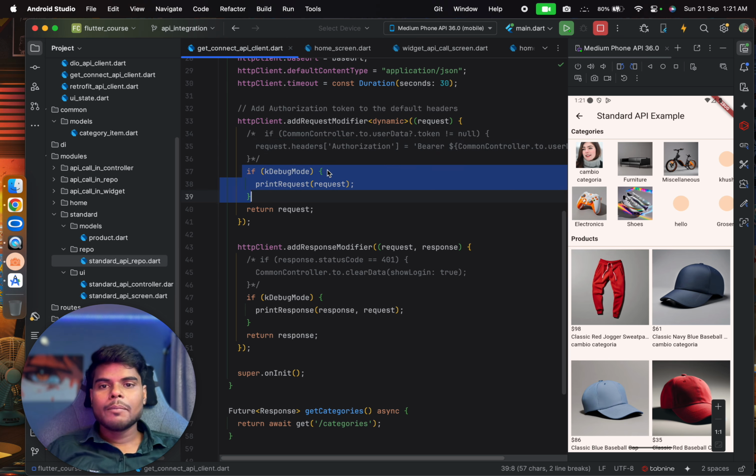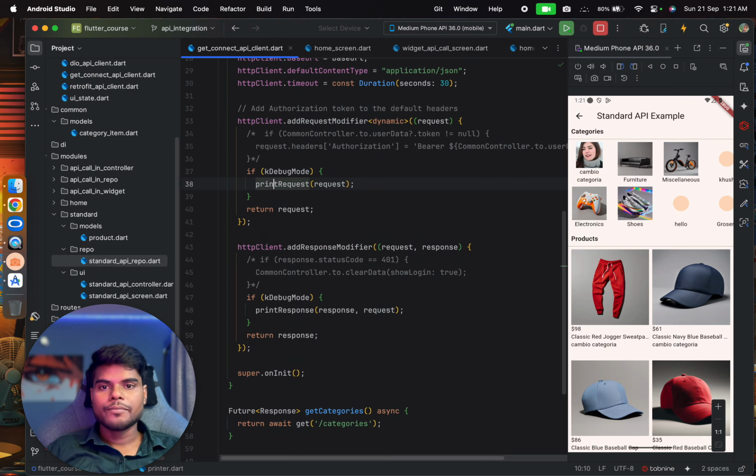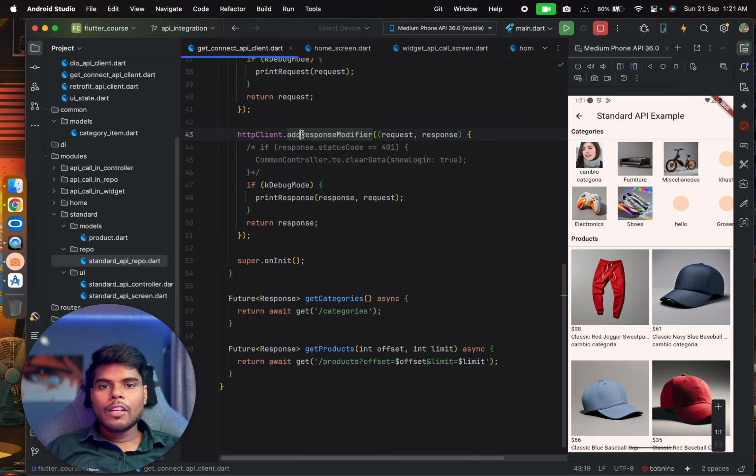Then if it is debug mode, then print the request. This function is coming from the printer mixin. Then we have a response modifier. We have the same thing here: if the status code is 401, that means unauthorized, so we are clearing the data and